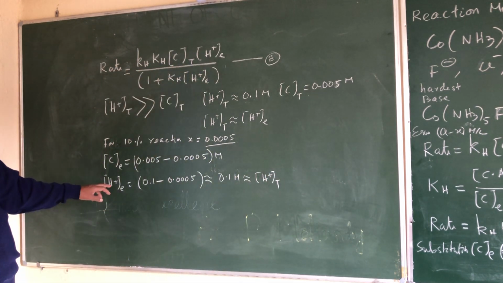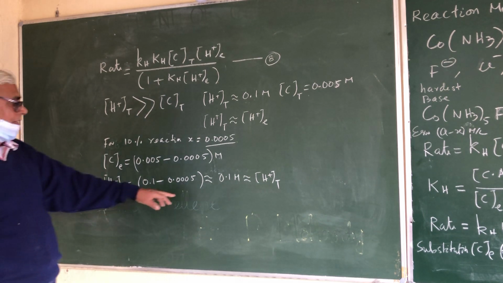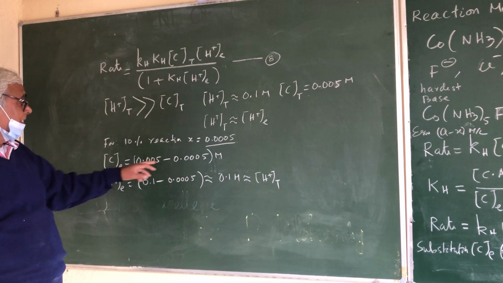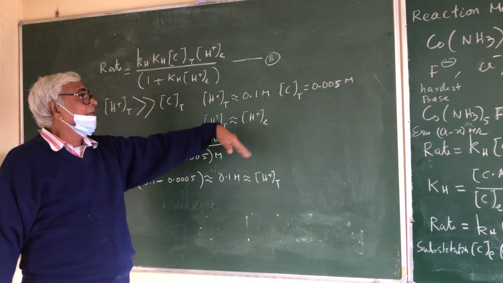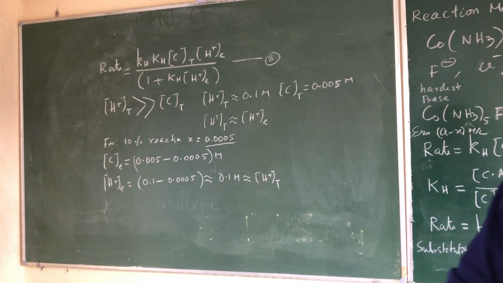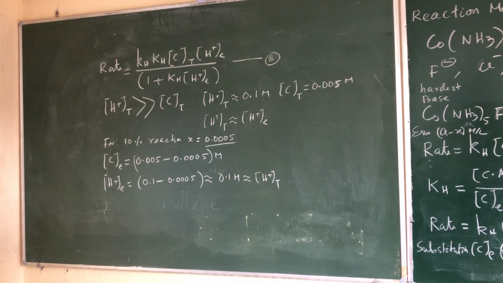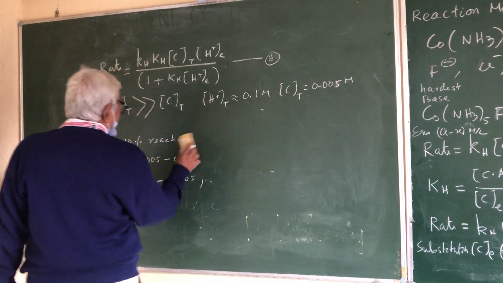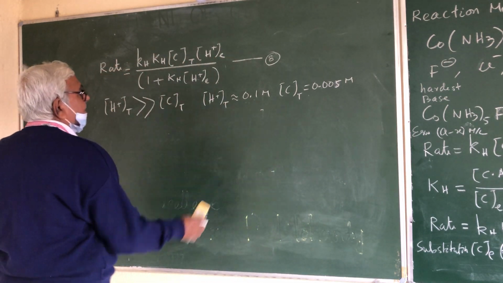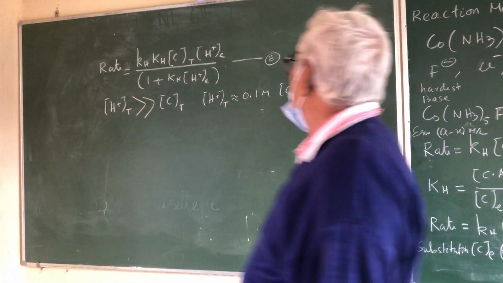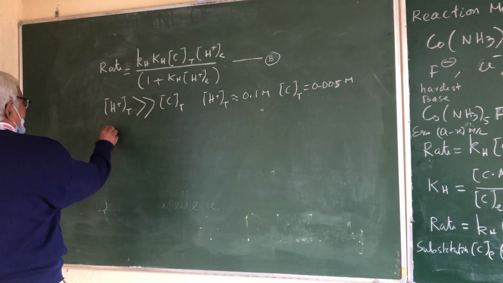So therefore, hydrogen ion equilibrium is approximately equal to hydrogen ion total, but complex equilibrium is not equal to complex total, because there is a 10% decrease in the concentration of the complex. Therefore, equation 8 can be changed. Under this condition, equation 8 can be written as